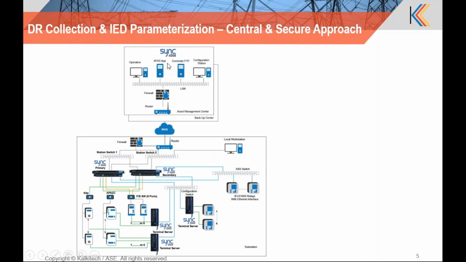And on the central system, there is an automatic fault analysis application running on a specific set of files, which can do the analysis and identify the causes for this disturbance record and the corrective actions needed. It can be analyzed sitting at the center, because all the files are now converted into a common format, COMTRADE, which can be analyzed by any tool that supports a standard COMTRADE file.